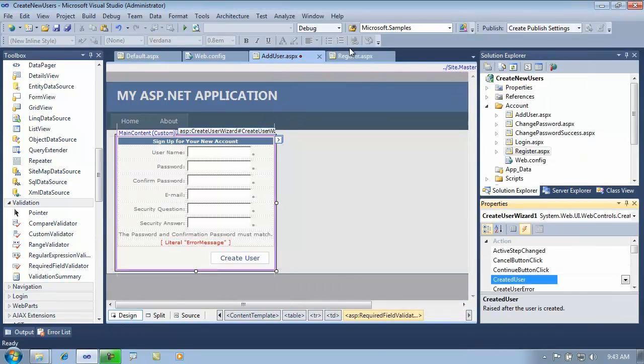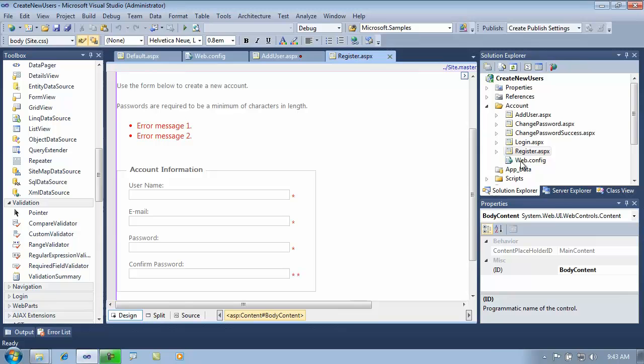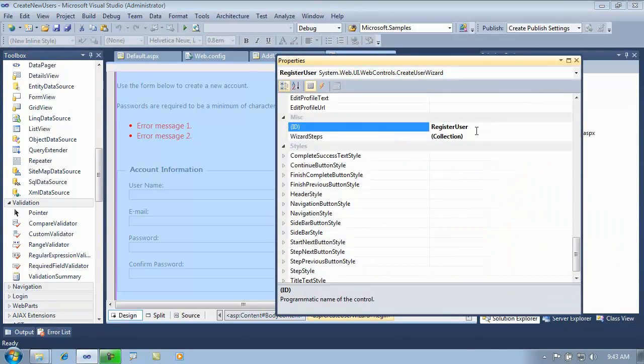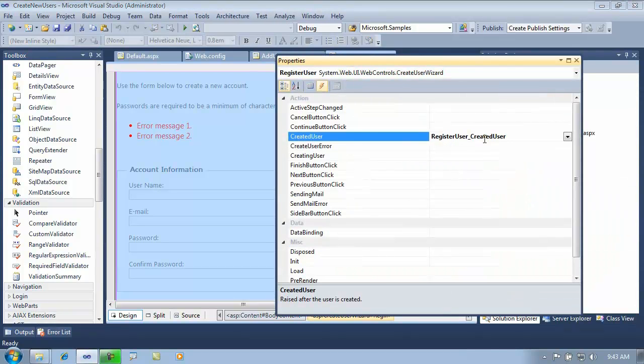Let's switch back over to the register.aspx page and now select the control, and let's look at its events, and you'll notice that we have an event handler defined for created user. We'll go look at that event handler in a moment. What it does is basically redirects the user back to wherever it was that they came from when they needed to register so that they could log in. But notice all of the different entry points in the workflow where we can add our own